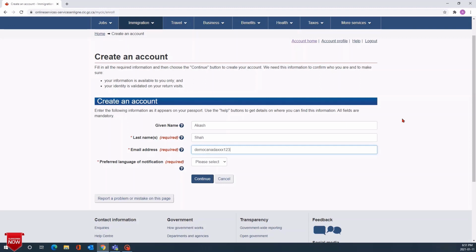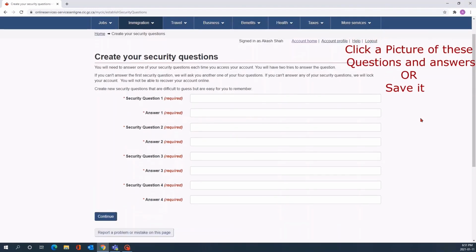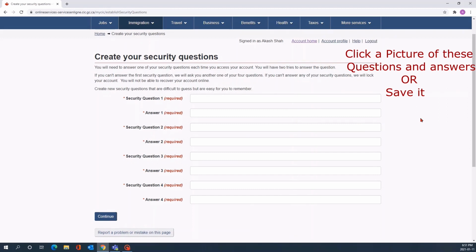After that, select the language. I'm choosing English and clicking on the continue button. Now after that you need to create your security questions and answers. These are the 4 security questions and answers that you need to create. I'm writing my first question, your favorite actor.